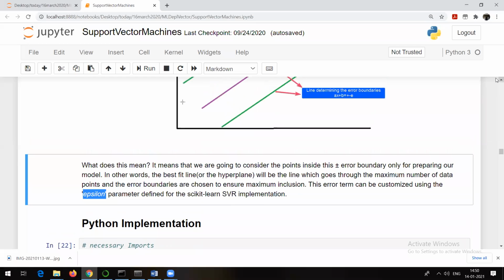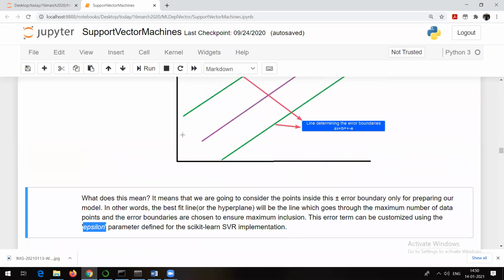Now, how to find out the value of epsilon? You don't have to worry about that. What you can do is just pass multiple values for epsilon, maybe 0.1, 0.2, 1, 10, whatever you want. Whatever is the best value, the algorithm is going to choose that. But by default, there is some value. I think it is 0.1. This is the default value of epsilon. But yes, if you see that the accuracy is not up to the mark, you can make use of hyperparameter tuning and try to increase the accuracy of the model.